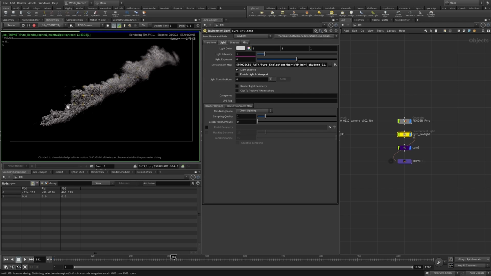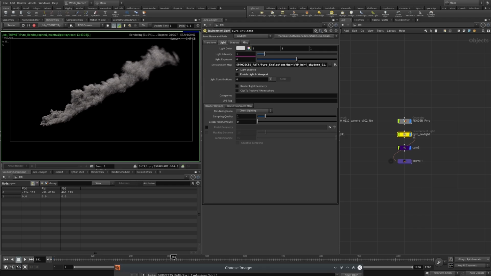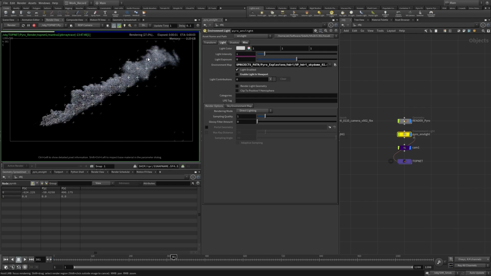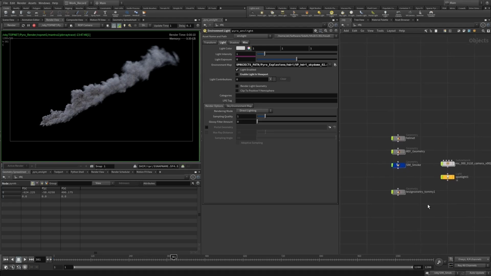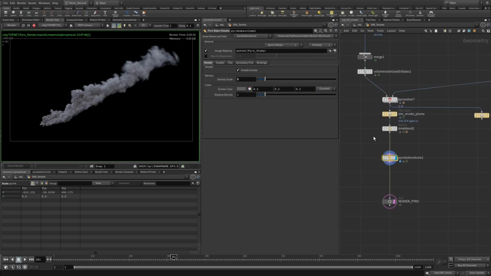You will see immediately I get a bit different look, and then I can also just pick something else, and you can see how much an environment light or map can actually influence the shading. So it's also very important that you get a good looking